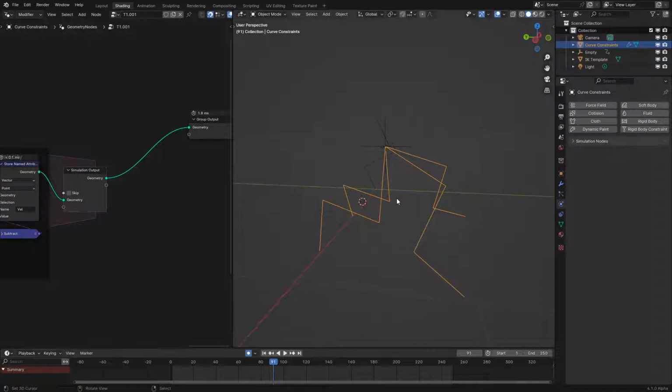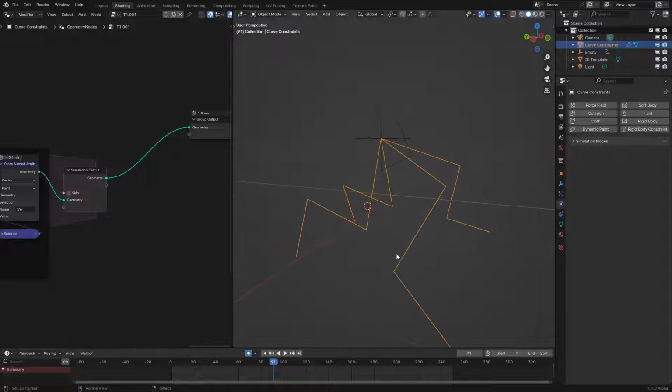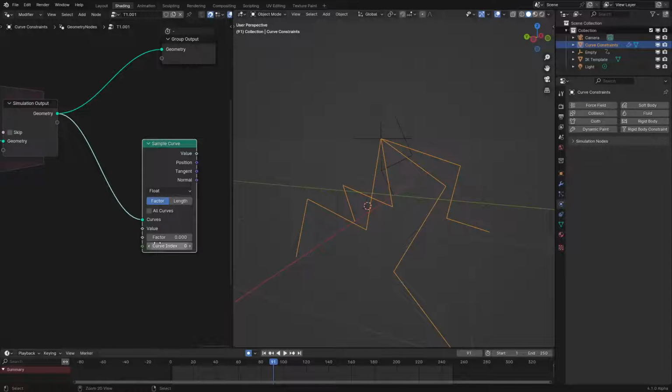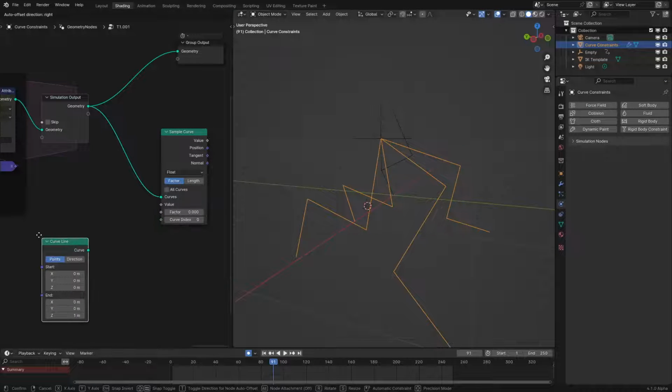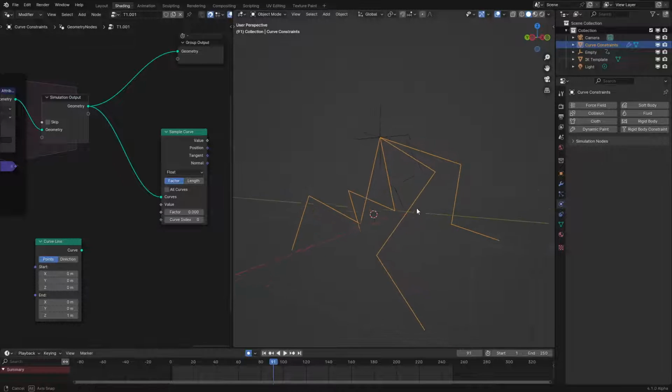Okay. So one thing that I might want to try to do is have connecting pistons from here to there and there to there. I could do it in a couple ways. So I could just have a sample curve node, and that could work. Curve line. A curve line. Yes, this could work. Potentially, if the distances are the same. Interesting, I need to think. Well,